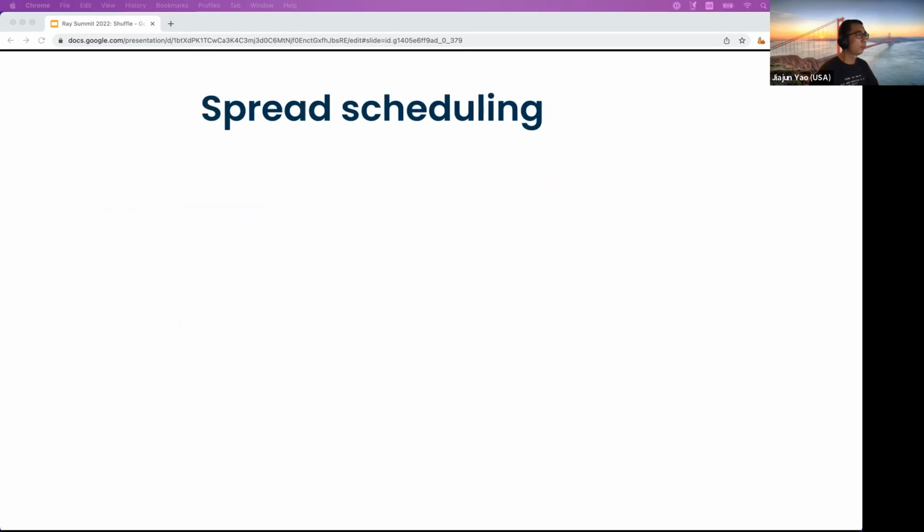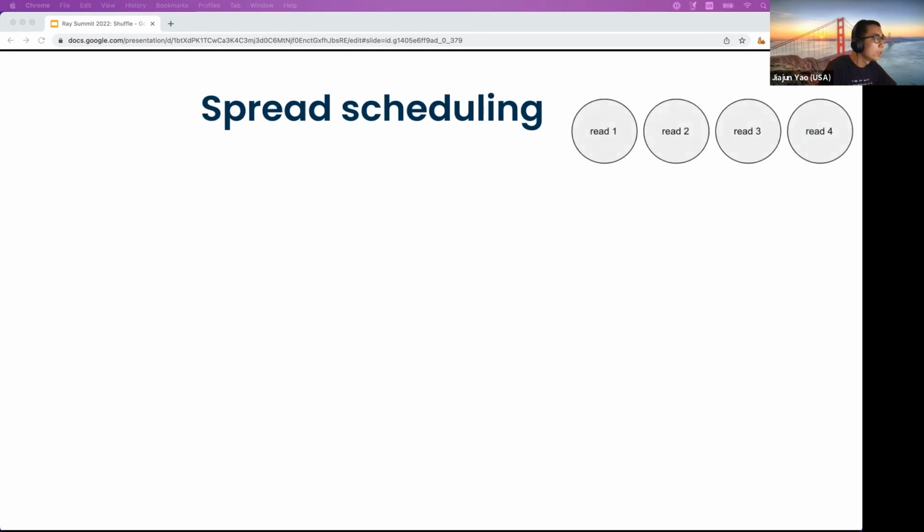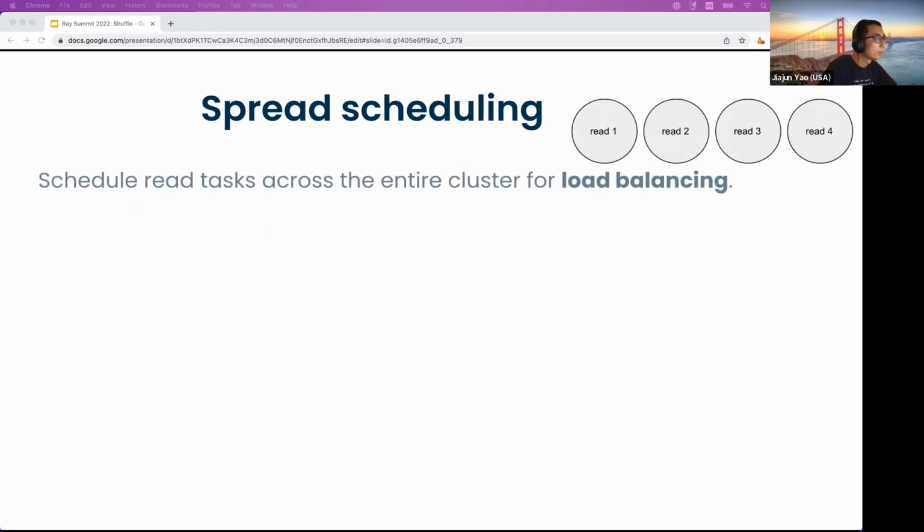So now let's see how different scheduling strategies can affect where the task runs. So the first scheduling strategy I want to introduce is spread scheduling. So here, let's say we have 4 read tasks that need to be scheduled. In order to achieve load balance, we want to spread the read tasks across the entire dataset, so each node can load an equal amount of shuffle data.